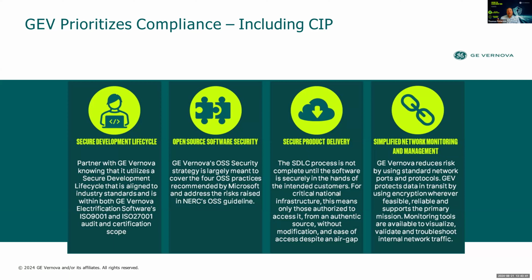So the next piece is CIP-015, internal network security monitoring, one of the newest sets of CIP requirements that will be going into effect, requiring not just protection monitoring at the edge of the OT network, i.e. the NERC electronic access point firewall, but within the OT network itself. This most likely requires an investment from the utility in the form of network intrusion detection system, also known as NIDS, hardware, and establishing a baseline of what normal network traffic within OT looks like. To better support our customers, GE Vernova GridOS uses industry standard protocols, avoiding proprietary protocols, and this in turn encourages utilities to implement INSM.